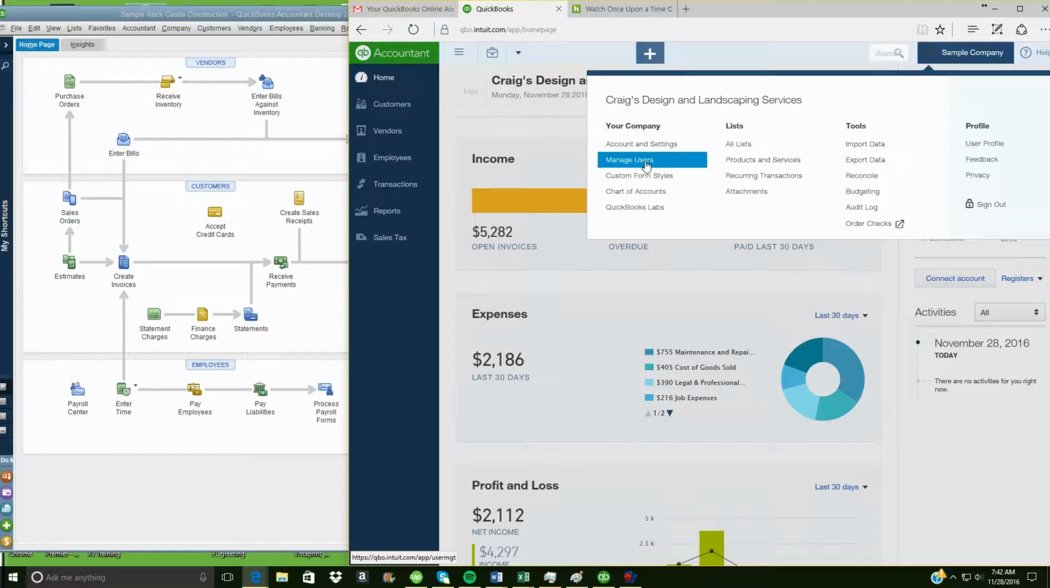Managing users, you can have more than one user in QuickBooks Online, just as you can have more than one user in Desktop. You can create custom form styles if you're printing your sales receipts or invoices. You can put your logo on it, things of that nature. You can reconcile, you can create budgets, you can have an audit log so that if you have more than one person accessing your QuickBooks Online, you can see when they got on, what they did, and how long it took them. And that is the gear wheel